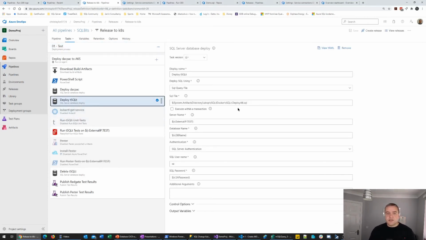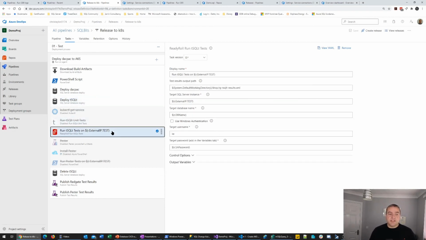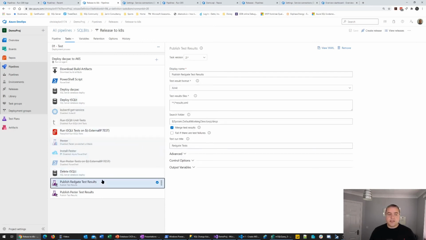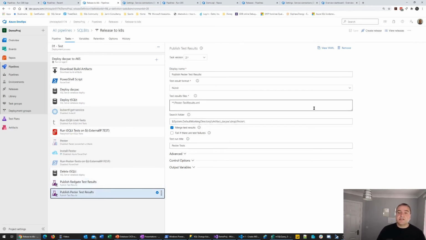There are tSQLt tasks. Now, something to be aware of with these is they're only available on Windows-based agents. They don't work on the Linux ones, or certainly not last time I tried. So something to be aware of. And we can run tSQLt tests. There is the option for Pester tests, and ultimately we can output the results as JUnit, NUnit, whichever result format you're going to use. So if we have a look at